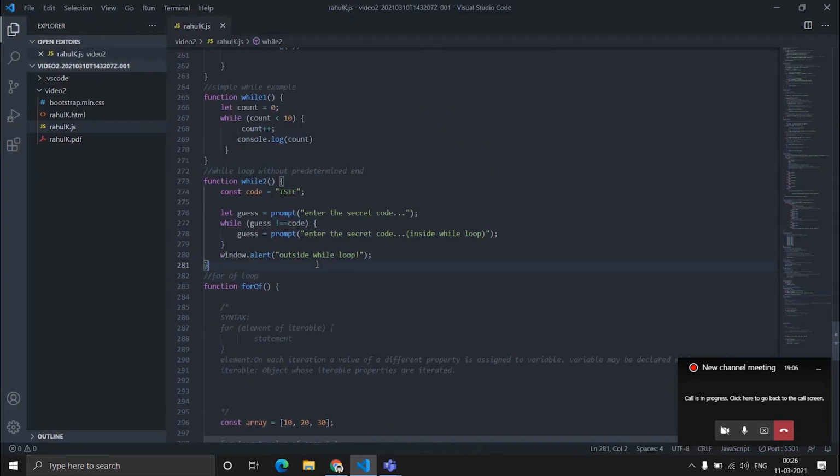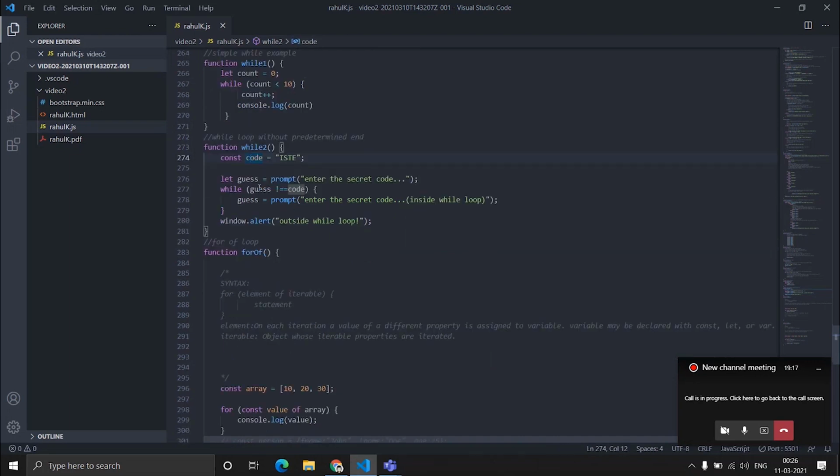Okay, so now we'll see one more example. I mentioned some code, ISTE. This is a const here, so we can't change this code. Remember this. And now a simple prompt, as we have used earlier. Until the guess, meaning the value inserted in the prompt, becomes equal to this code, you'll keep getting this prompt.